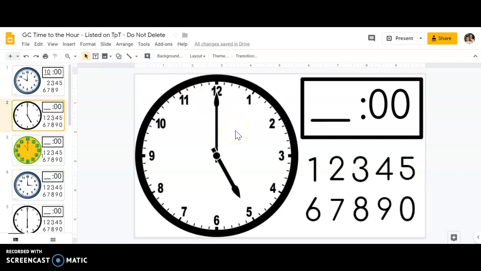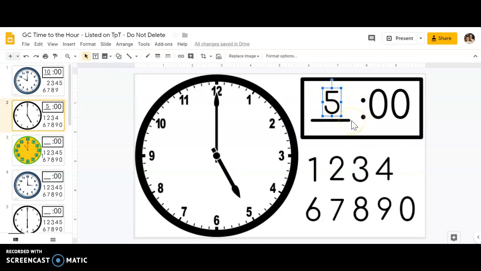And remember, we're looking at the hour hand, the short hand. Your minute hand is always pointing up to the 12 for an o'clock time. But your hour hand moves around the clock and points straight to the number that it wants to be at. So if I look at my hour hand here, it's pointing to what number? 5. So I'm going to take my 5 and I'm going to put it in front of the colon because